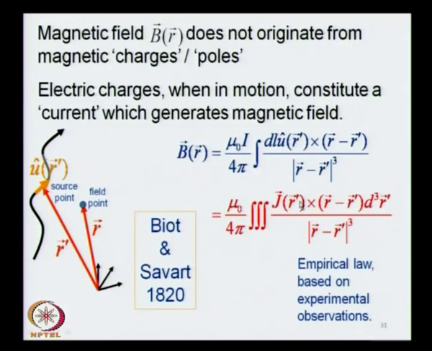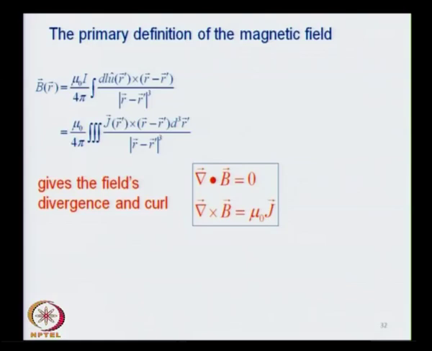Then you have got a triple integral of this kind over a volume, and it is essentially the same law which is written over here, with the difference that this is in higher dimensions, in which you have got a cross section of charges which is propagating. And this is how you calculate or how you determine the influence, the magnetic influence at the field point due to a current source. So, this is the magnetic field given by the Biot-Savart law. So, this is the primary definition of a magnetic field,